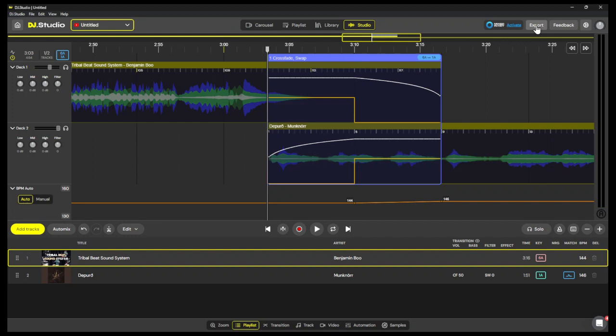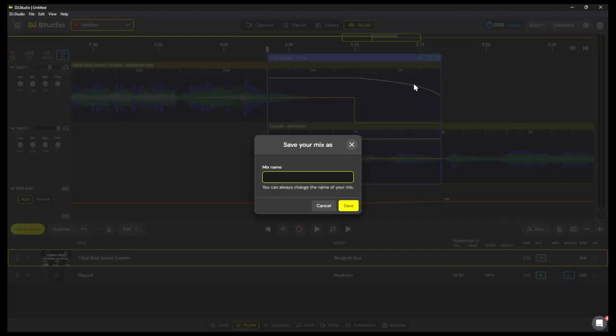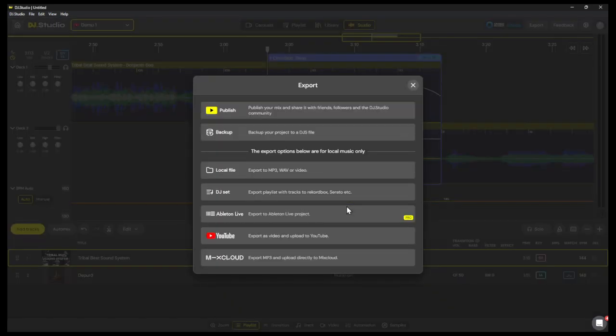You can't do that in DJ.Studio. If I click on export, but we'll give it a name, demo 1. Okay, so when we click on export, because this is a YouTube mix that we're creating, the only export option that we have is to publish it as a